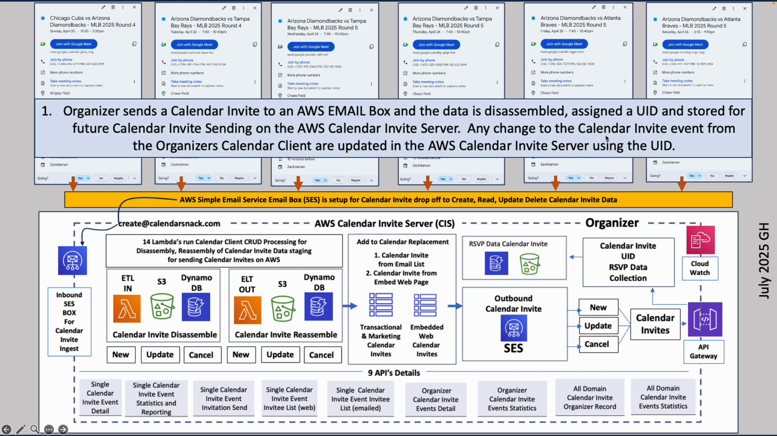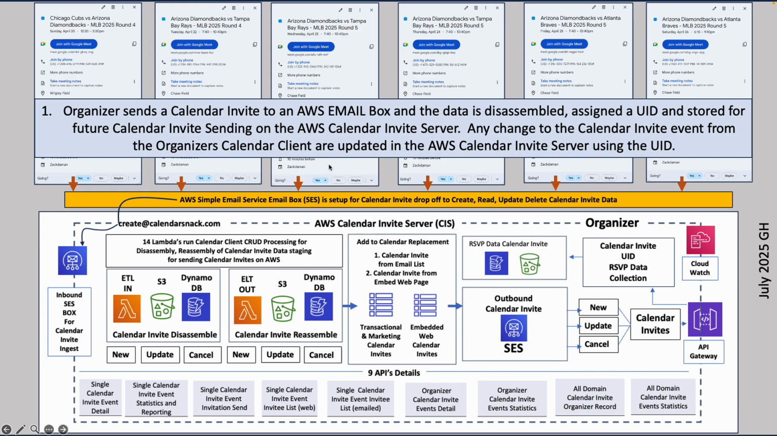One, the organizer sends a calendar invite to an AWS email box, and the data is disassembled, assigned a UID, and stored for the future of calendar invite sending on the AWS calendar invite server. Any change to the calendar invite event from the organizer's calendar client is updated in the AWS calendar invite server